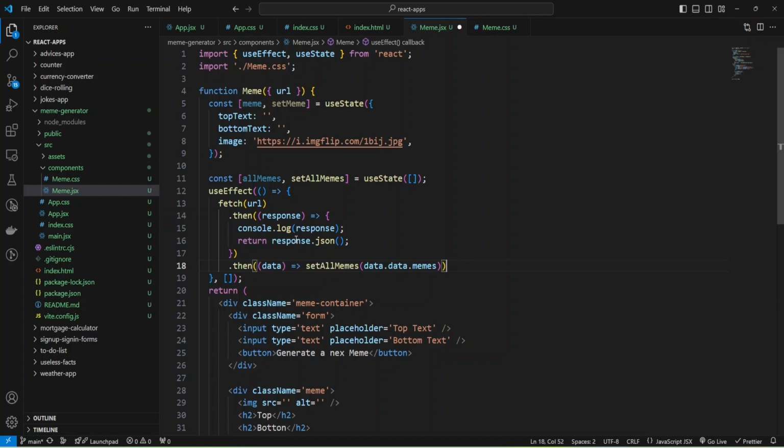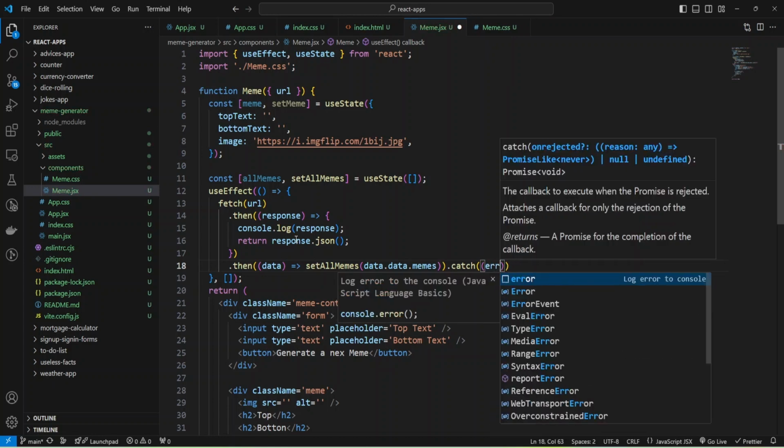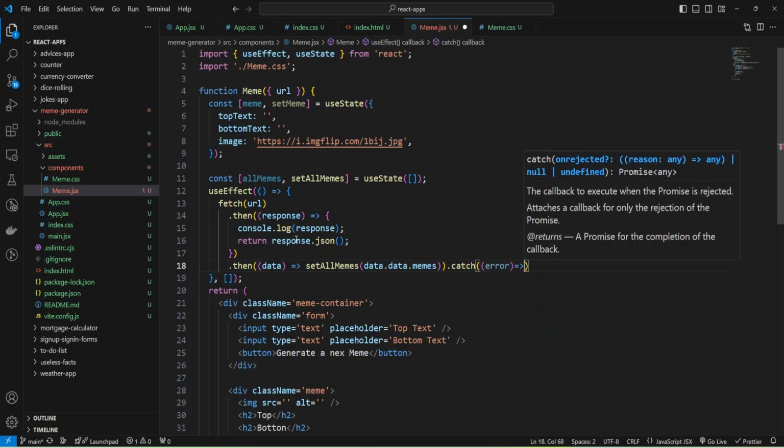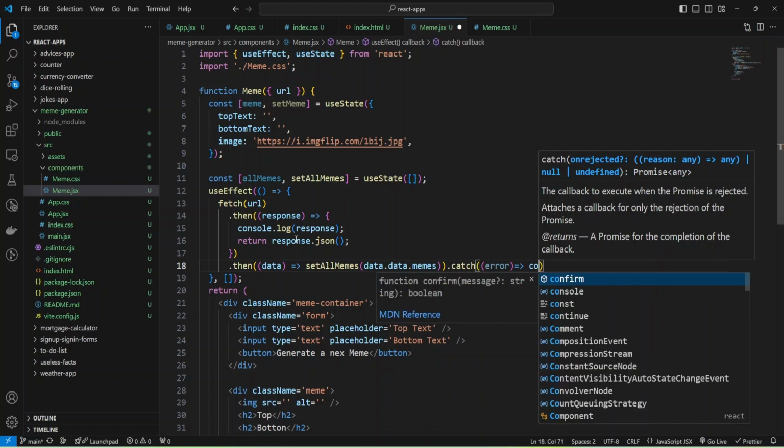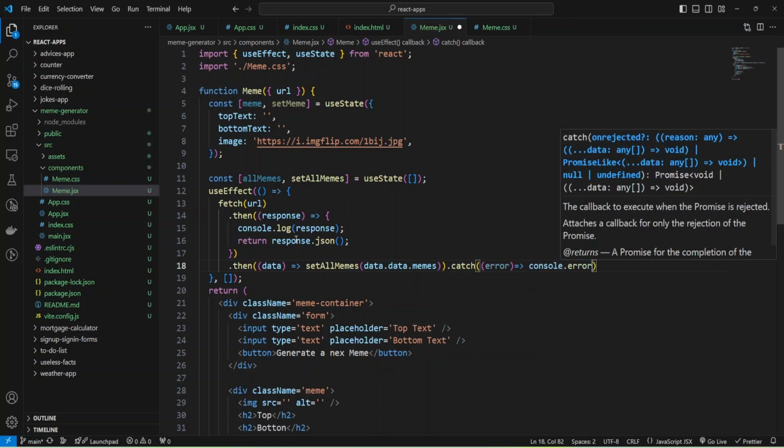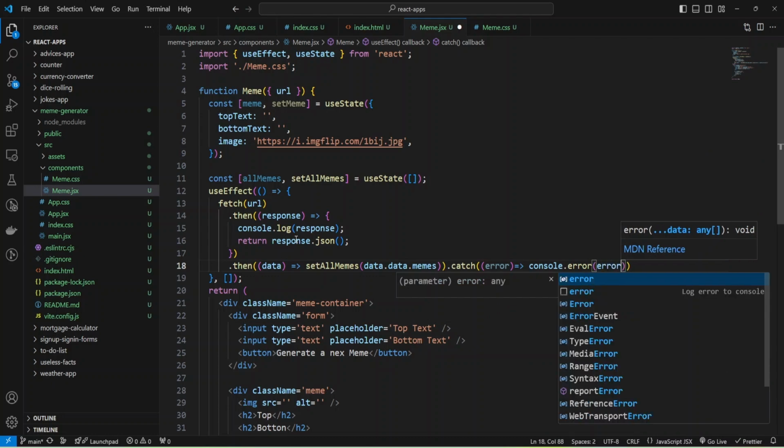Okay, and we can add some catch. If we face some error, we can make console error and provide error.